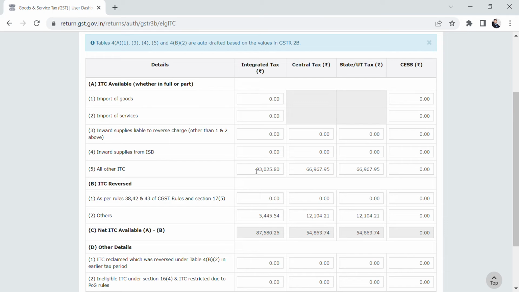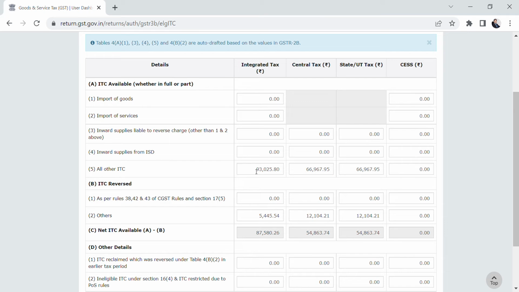So the invoices which are beyond that period will not come to this table in an auto-populated manner. And the second is the ITC in cases where there is a mismatch